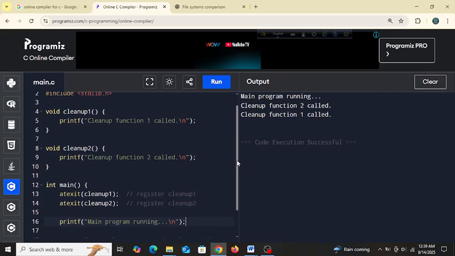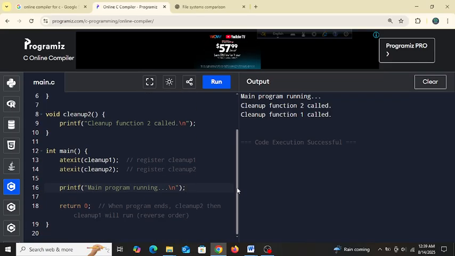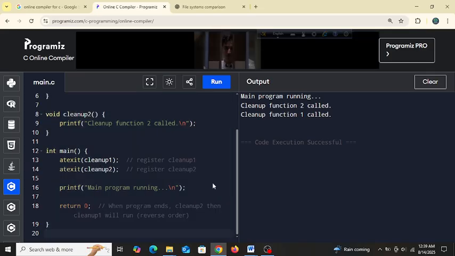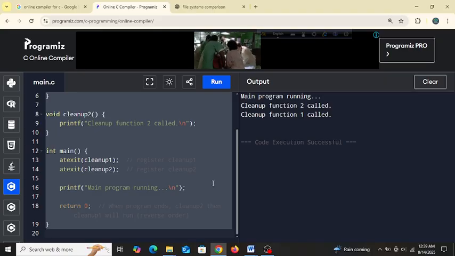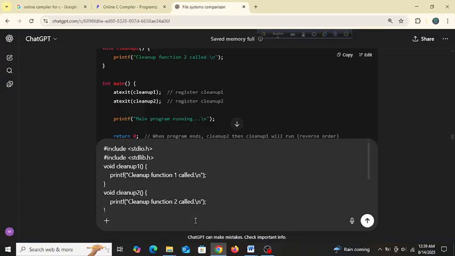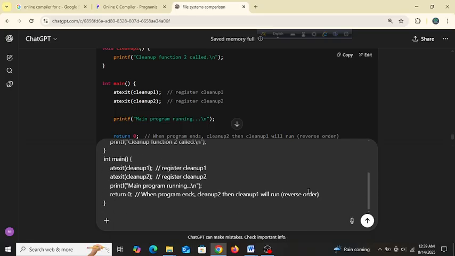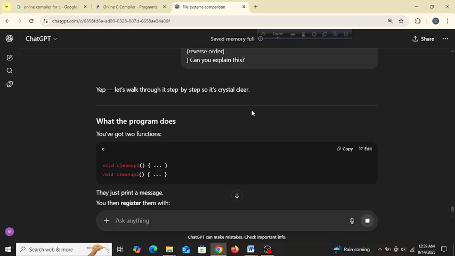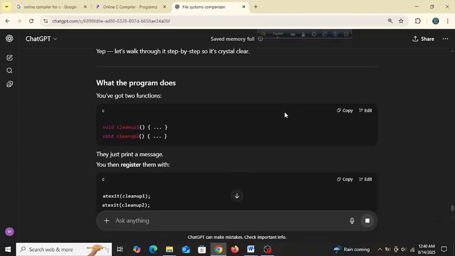Okay, so I need to get an explanation for this. I will ask, can you explain this? Yes, let's walk through it step by step so it's crystal clear what the program does.